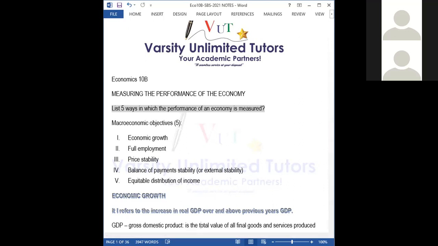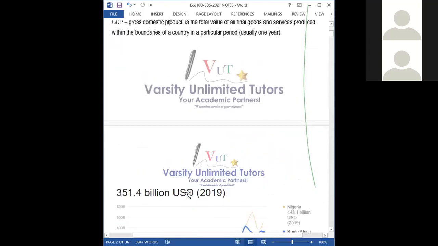All right. So we want to look at the objectives one by one so that we can understand what constitutes what we refer to as economic growth, what constitutes full employment, what constitutes price stability, balance of payments, as well as equitable distribution of income and wealth. All right, so economic growth is referred to as,